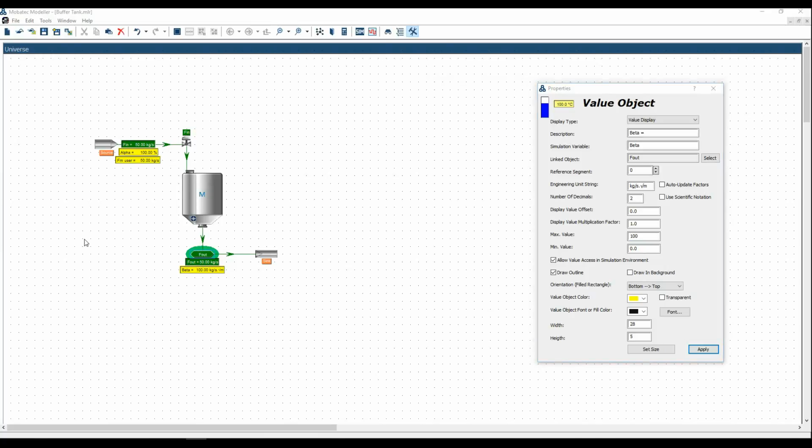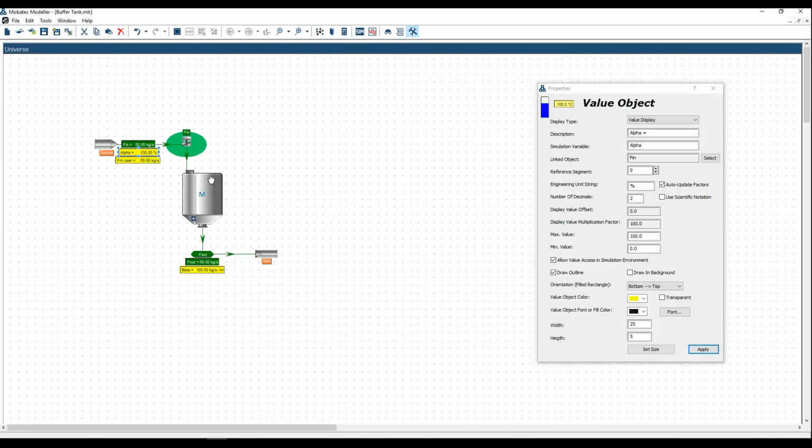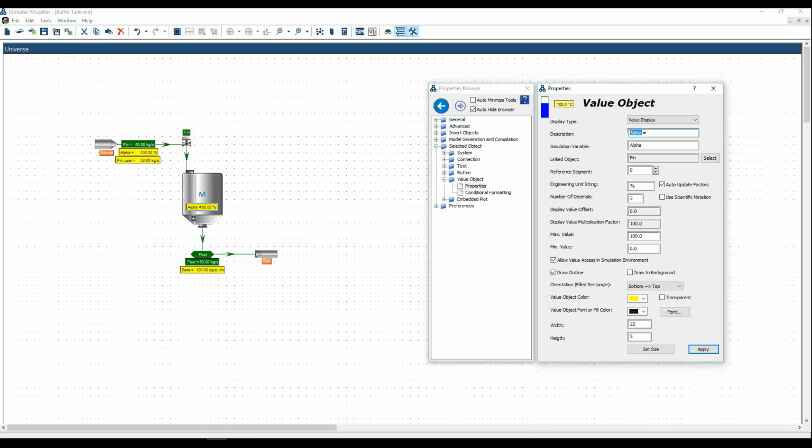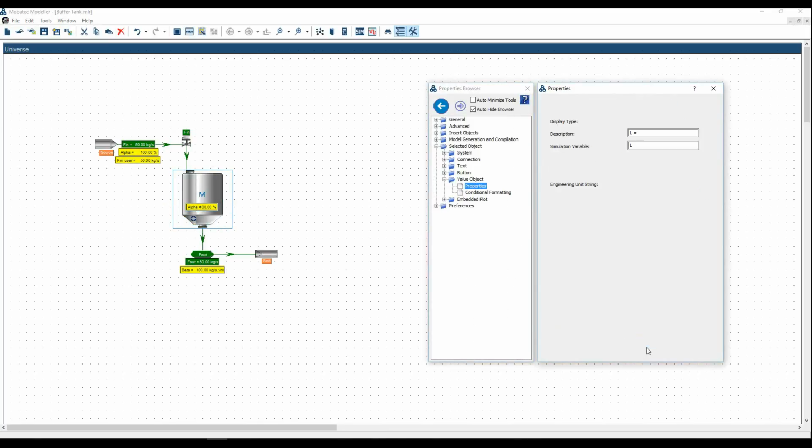Let's add one more display for the liquid level. We can copy, for example, this display. Let's put it in the middle. Let's resize it. Select the display. Here we will type L equals, simulation variable is L, linked object is buffer capacity system,